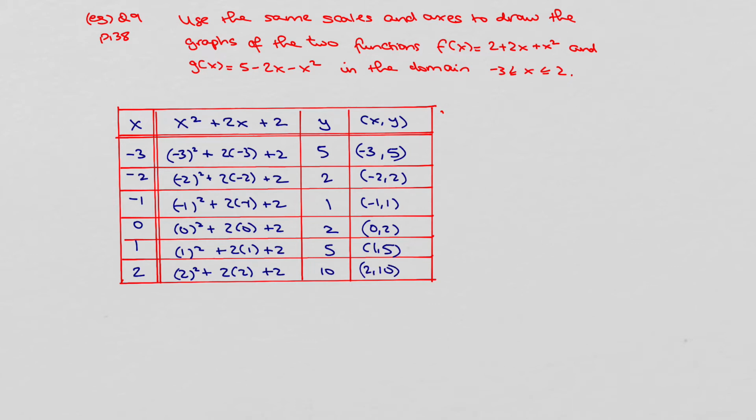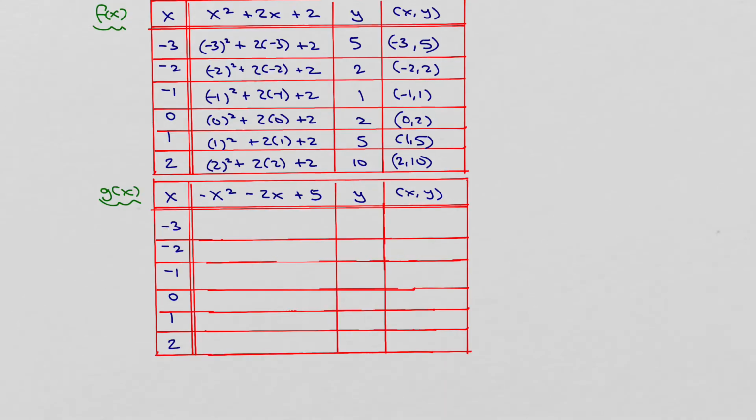So if we draw our graph, well, we're going to need to do g of x and f of x on the same scale. So we may as well make our table for g of x out as well, so at least we know what's the highest and lowest y value we need. We know our x values are going to be between 2 and minus 3, but at least we can have a proper scale for our y-axis. Okay, so for g of x, we have minus x squared minus 2x plus 5. So it's going to be minus times minus 3 squared minus 2 times minus 3 plus 5. And if I do that all the way down,